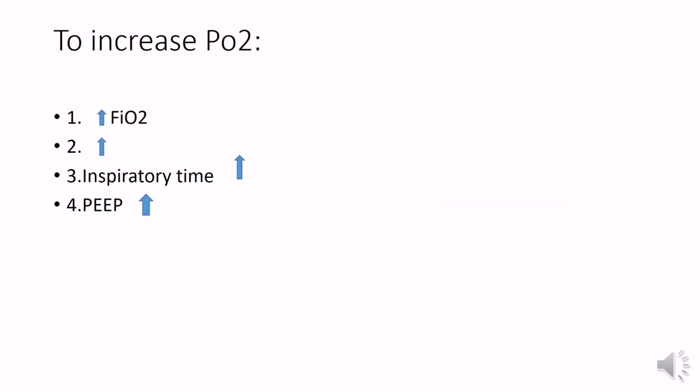Now you have a scenario where you have to increase the PO2, that is partial pressure of oxygen, as the PO2 is really low. You have to do these 4 things in order. As we learned, we have to increase the FiO2 first. Second, we have to increase the PIP. Sorry, I missed it. So we have to increase the PIP, increase FiO2, increase inspiratory time, increase the positive end expiratory pressure. Everything we have to increase, but there is a certain order, so you have to remember this order.